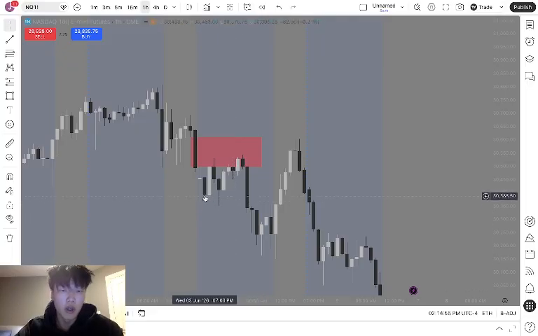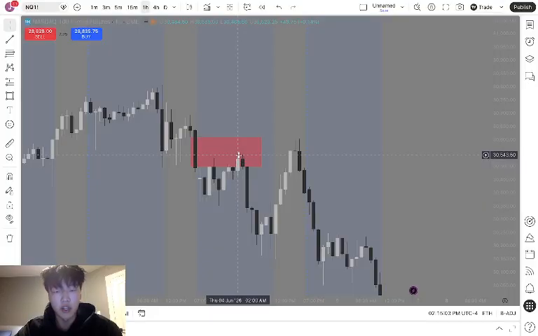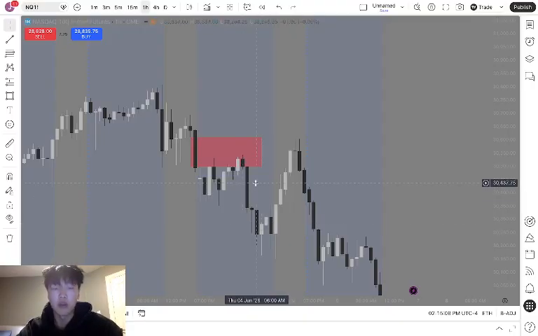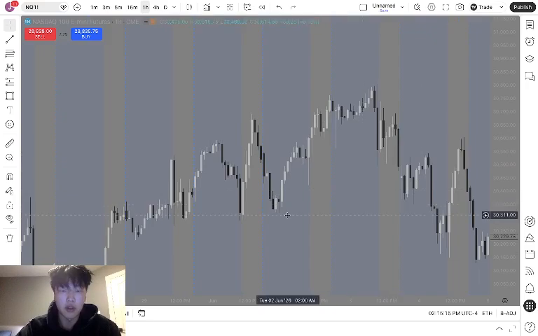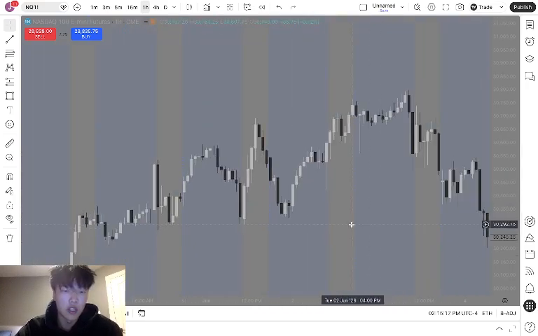So if we see price comes in, taps into the fair value gap, rejects a little bit, not enough distribution, price taps in again. Once price taps in, it's ready to start moving downwards, and that's what we see, right? We see distribution lower. That's just a simple example of how bearish fair value gaps work. Now this has been a very bearish market over here, but if we look at the bullish side,